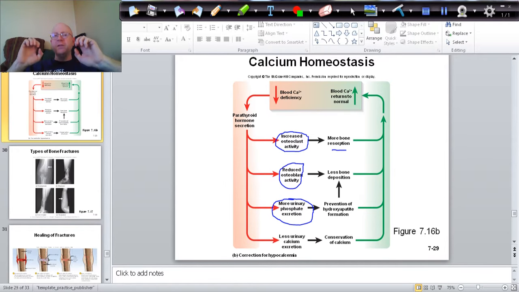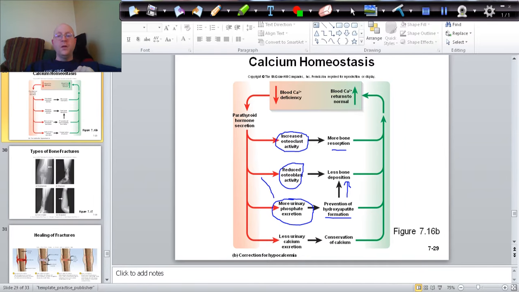So if phosphates leave your body, then sure, you may have plenty of calcium, but you're missing one of the other key components of making bone matrix. And so, since you prevent hydroxyapatite formation, there's less bone deposition. So that's something that vitamin D doesn't do. Vitamin D didn't have any effect on phosphate levels, but here,